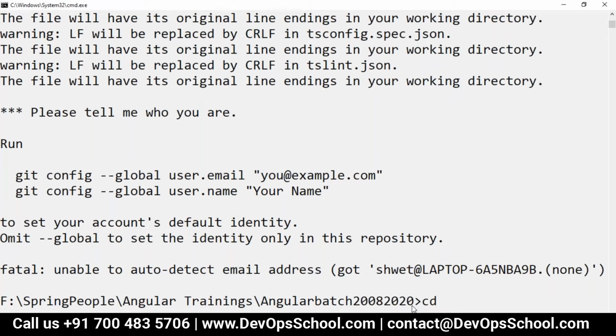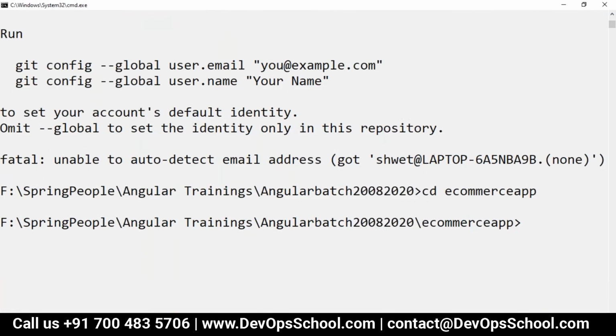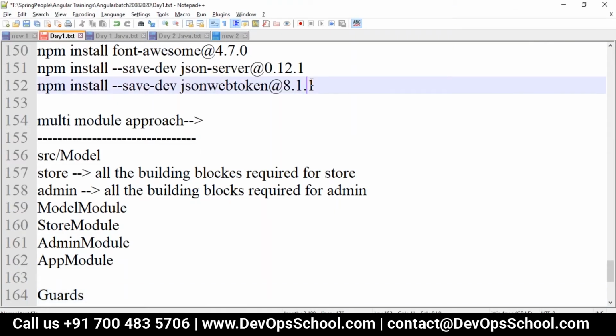I will go into the project. I named it e-commerce app, and we have to install all these dependencies.